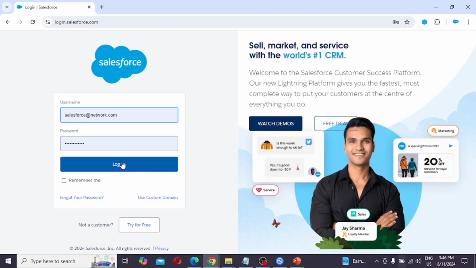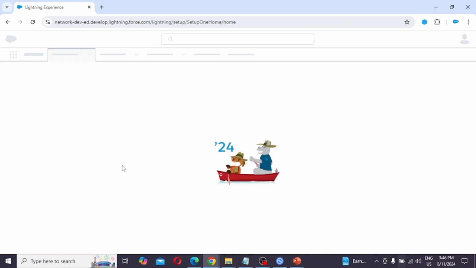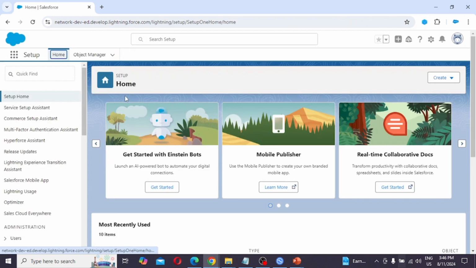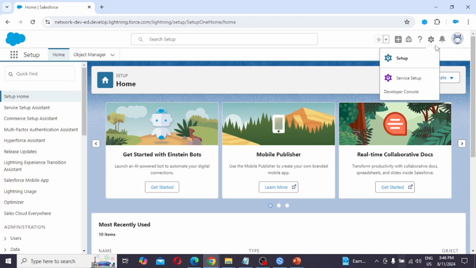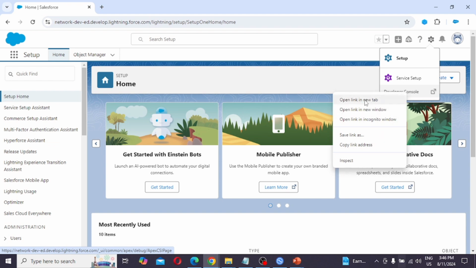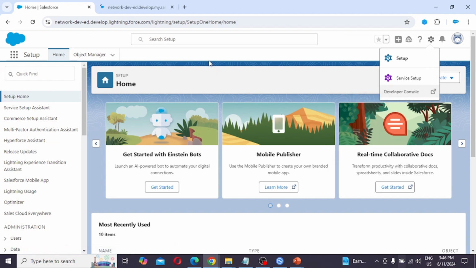So to do the practical, just log into our Salesforce account. To open the developer console, just click on setup, right click, open link in new tab.